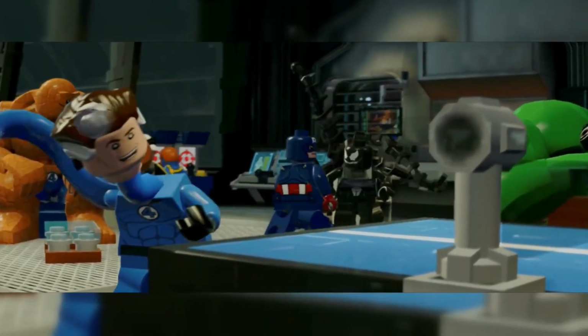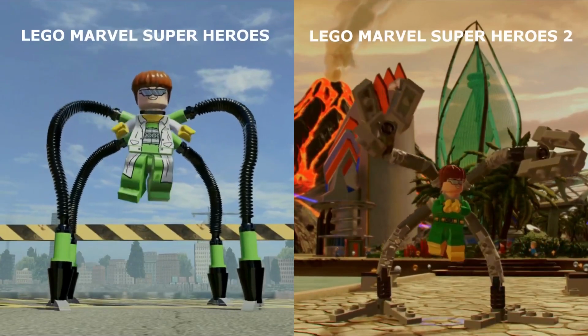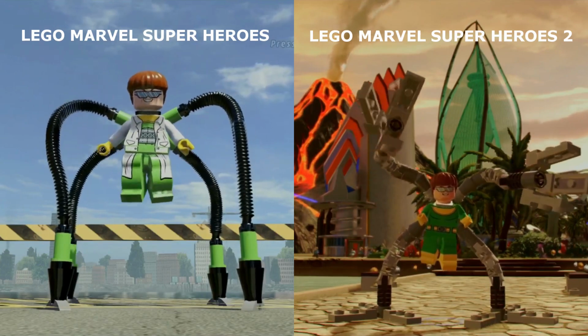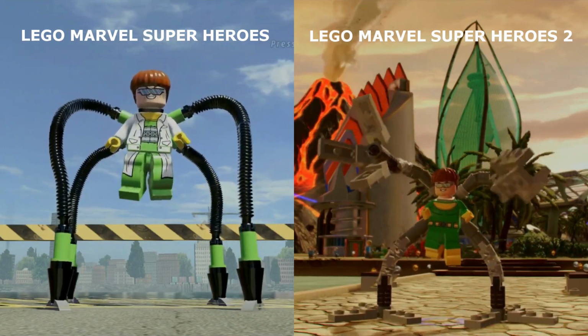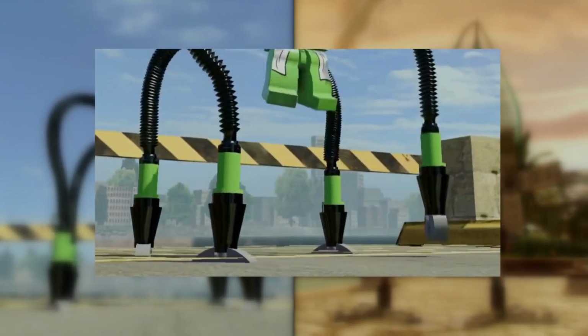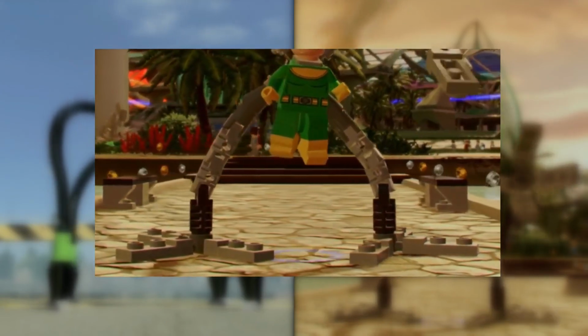One of Spidey's most brilliant villains, Doc Ock, appears in both the superheroes games. The minifigs themselves kind of look alike, although the one from the first game doesn't have yellow boots and wears a white lab coat. The biggest difference between the two is obviously the arms. The ones in the first game are slimmer and the arms in the second game are bigger and have bigger